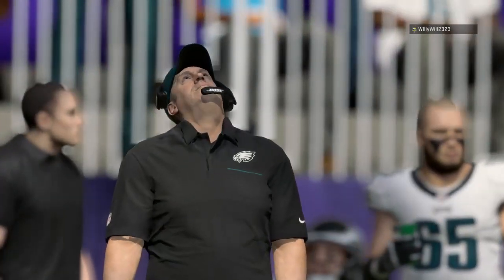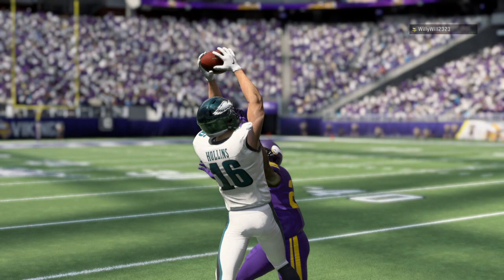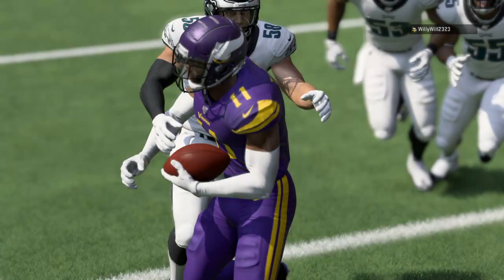So the final seconds have ticked away in this Minnesota victory, and they were spurred on by a strong performance in that fourth quarter as they held their opponents off the scoreboard. Everyone wants to pitch a shutout for the entire game, but when you throw one in the fourth quarter, that tells everyone that you're getting